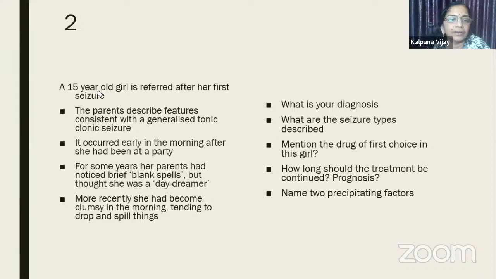So people have written, this Gayatri has written, it is lifelong. So lifelong is the answer. Okay. Because this is a condition which is very much amenable to treatment, but treatment has to be continued